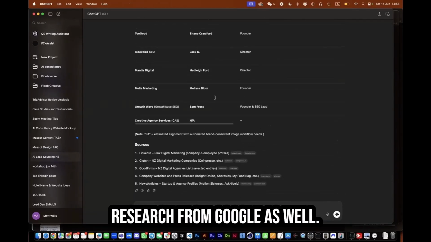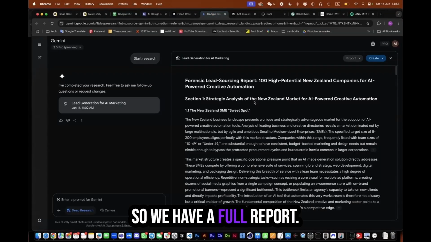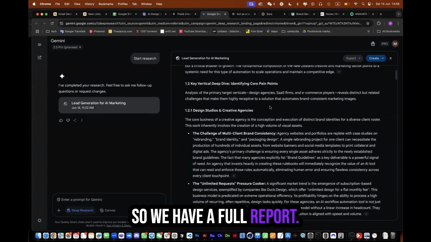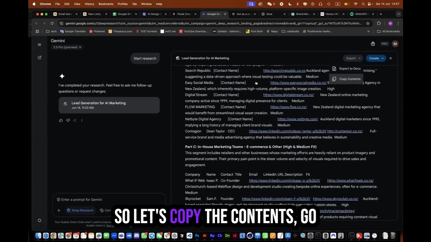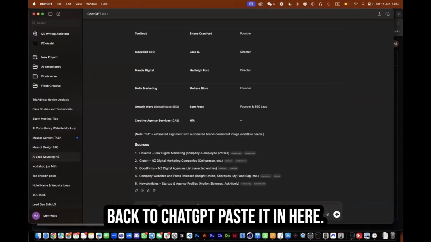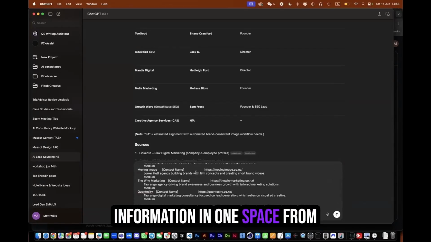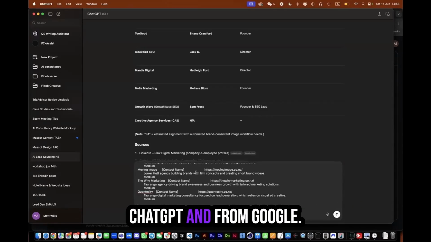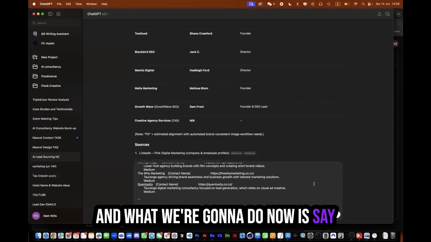We got some deep research from Google as well. So we have a full report. This is the list of leads that Google found for us. So let's copy the content, go back to ChatGPT, paste it in here. So now we've got all our information in one space from ChatGPT and from Google. And what we're going to do now is say,